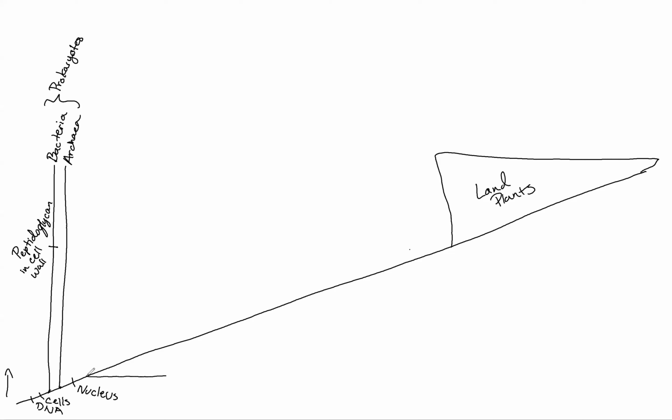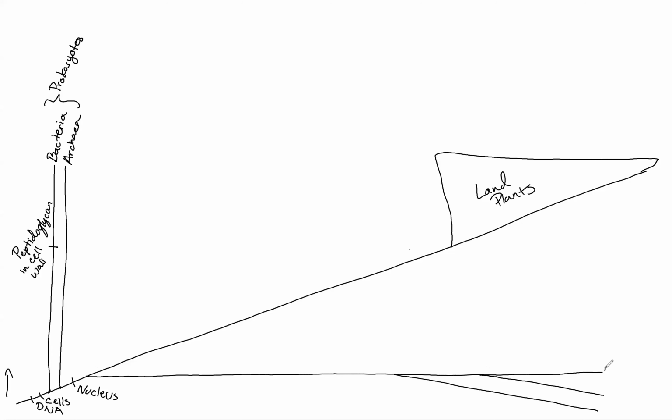So we'll put it here. I'll actually have my branches come down. So here's animals. Closest related group to animals would be the fungi. And then our slime molds, the Myxogastria,